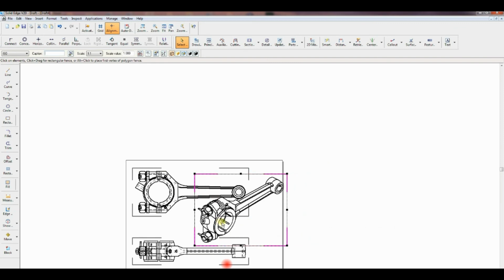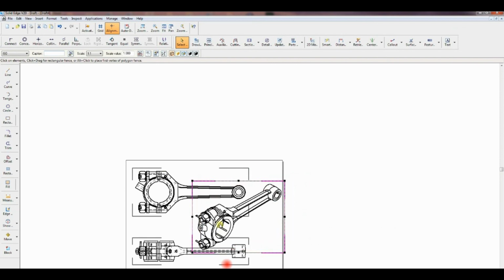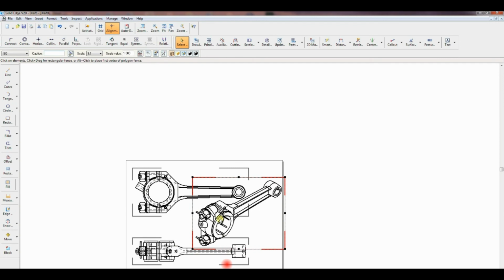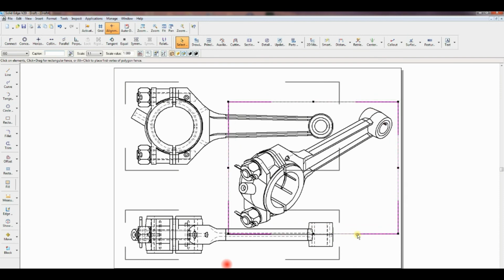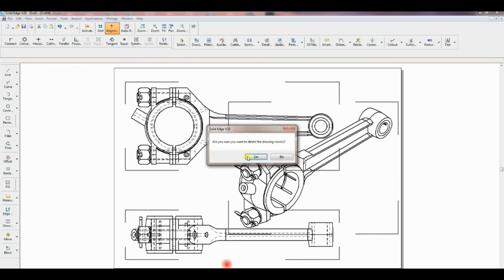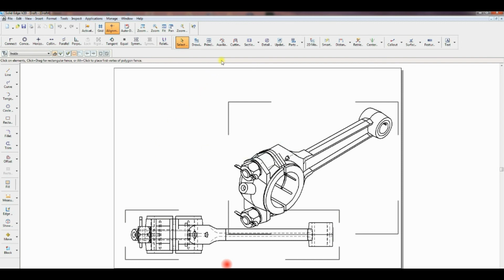Drag it into the sheet like this. Then you have to give suitable scale values. You can choose any scale value, but the drawing should be inside the sheet only. Now you have to delete the front view, then go to